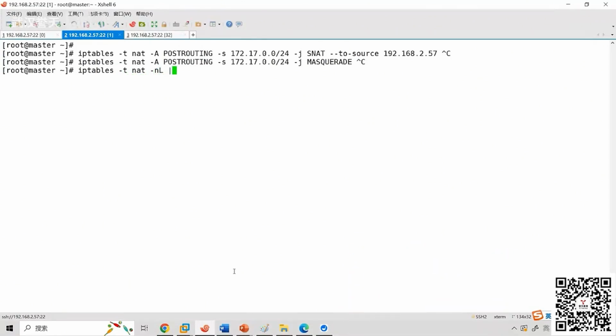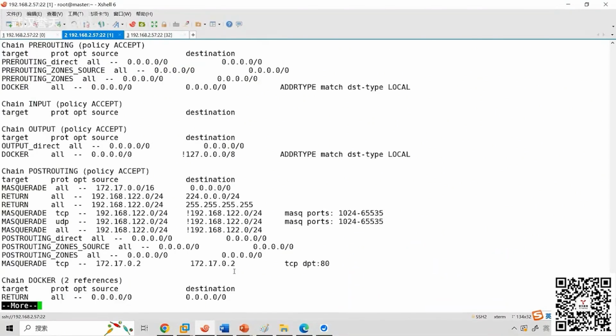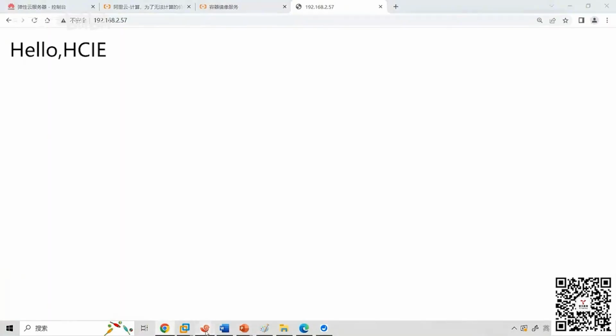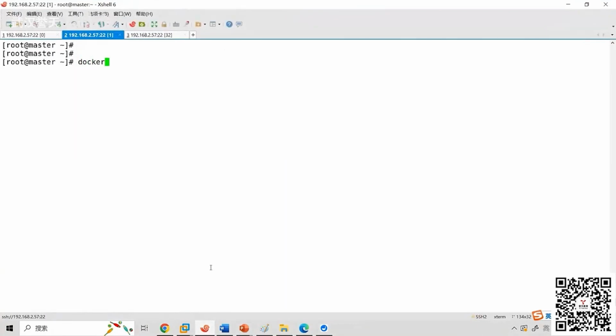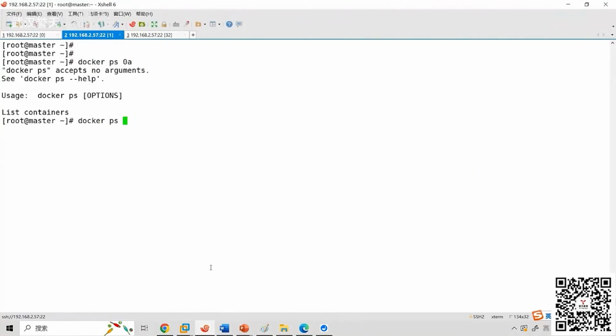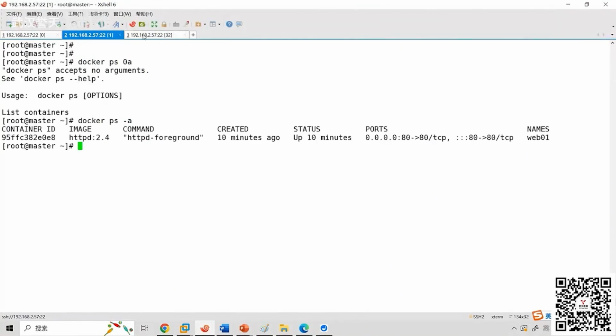Address masquerading. Now let's look. If this rule is in here now, is it there? iptables DNAT NL. Initially there is a rule here from 172.170.0 that can masquerade out. Now I ask you, because now we are in this host, we entered and you see